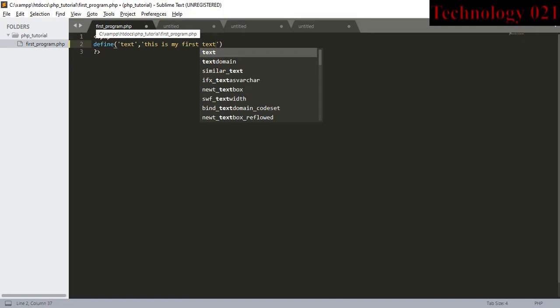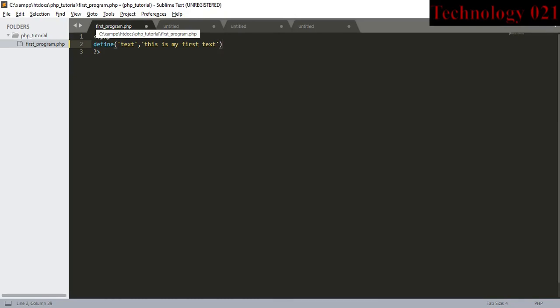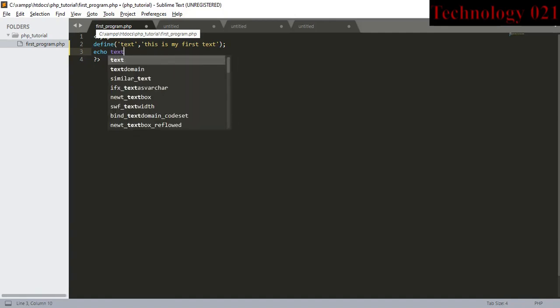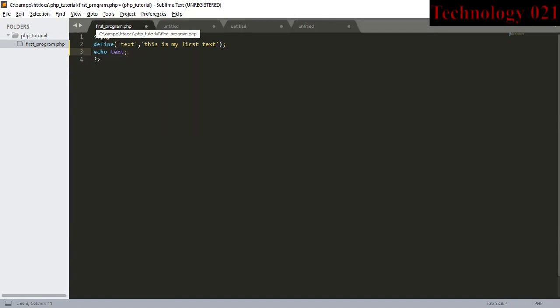The third parameter is deprecated, so I am not going to use it, and I am going to print this constant. So let's see its output. Yes, it is working fine. The value of constant text is, this is my first text.